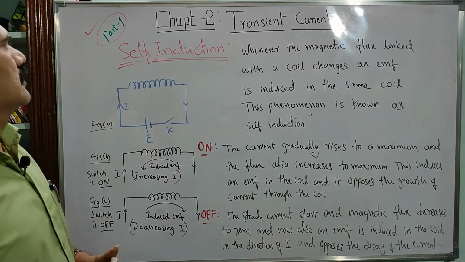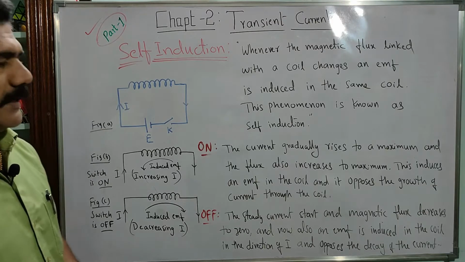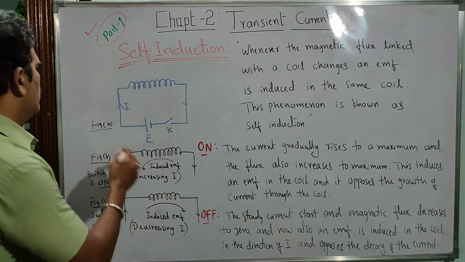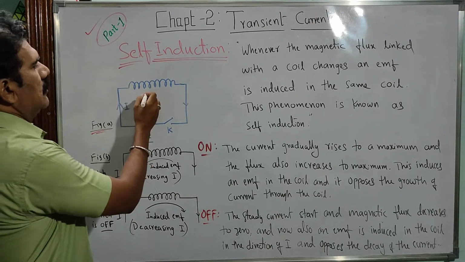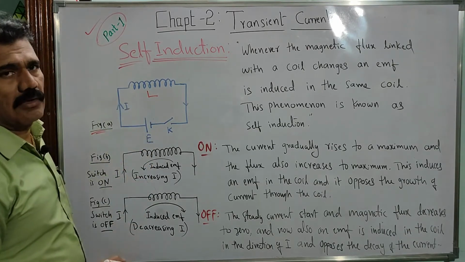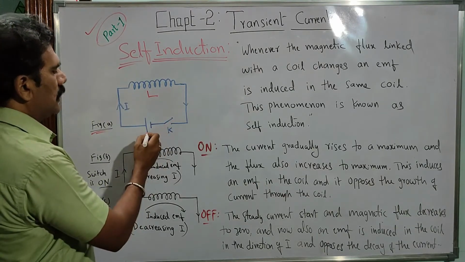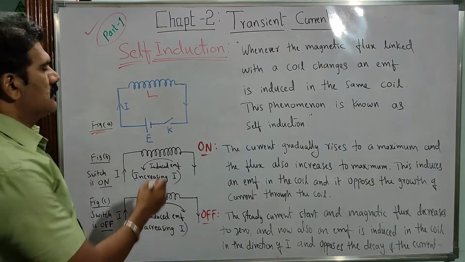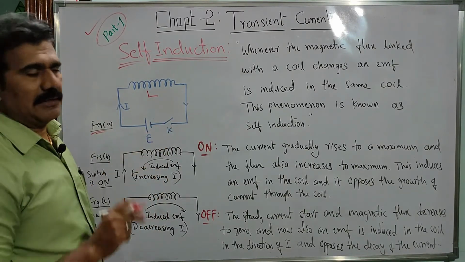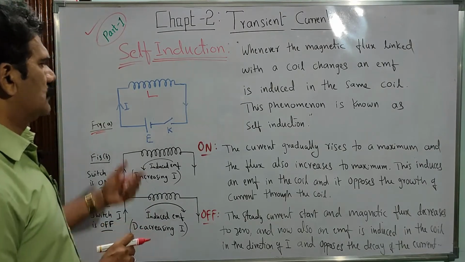Let us try to understand what self induction is with the help of a simple circuit diagram. Figure A is a simple circuit diagram. I am considering a coil, you can consider an induction coil here. L is the inductance, and the coil is connected to a DC battery and a key. It is a special key called a tapping key. Now let's see how it works.